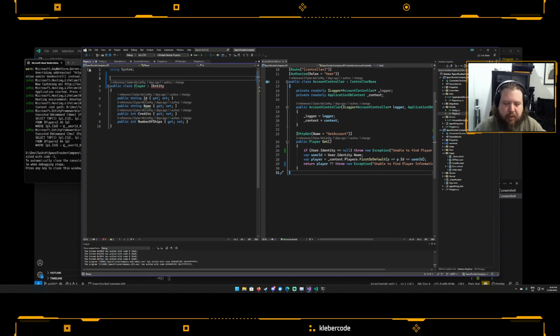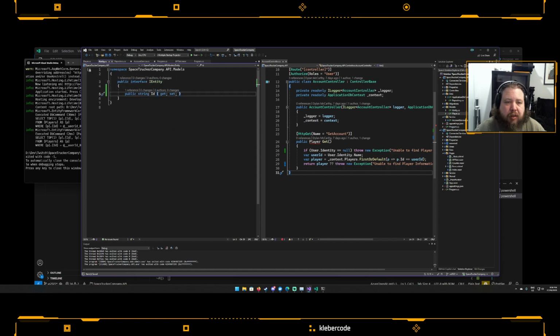Anyway, I ran into some issues here with the name spacing, but that's helping me out. We don't want to use data, actually we want to use models. And the entity,